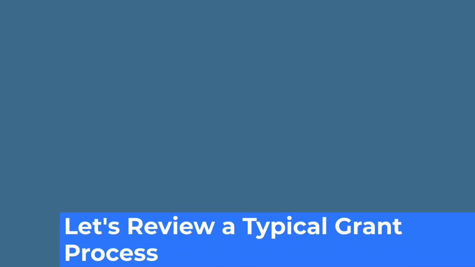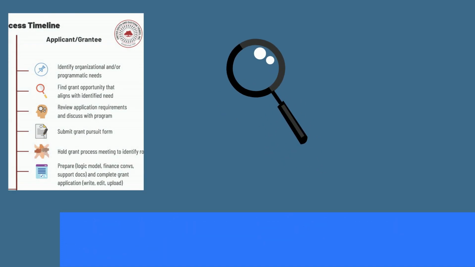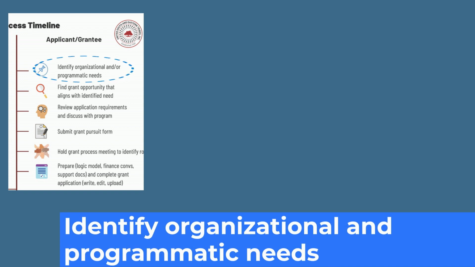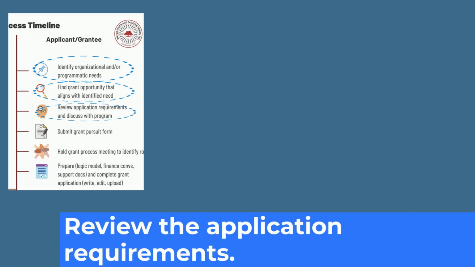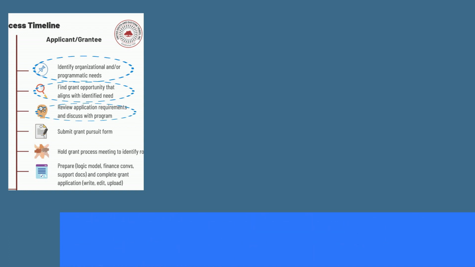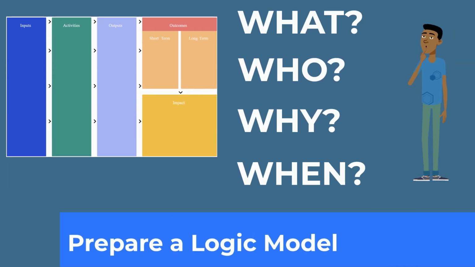Today we want to review a typical grants process through the development of an application or proposal. Firstly, you must identify your programmatic needs, identify a funding opportunity that aligns with that need, and then review the application requirements. Secondly, you'll need to prepare a logic model and ask yourself the what, who, why, and when for